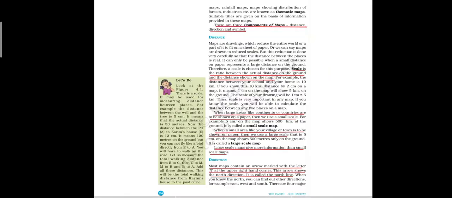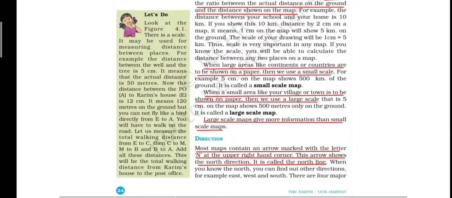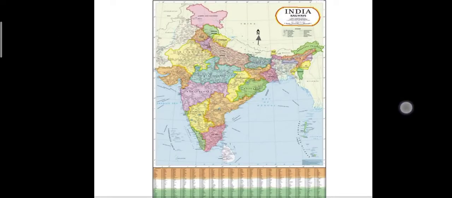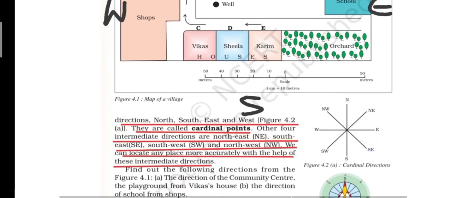Now we will read the last line. There are 4 major directions: north, south, east, and west. And you can refer to figure 4.2. They are called cardinal points. Okay. So children,